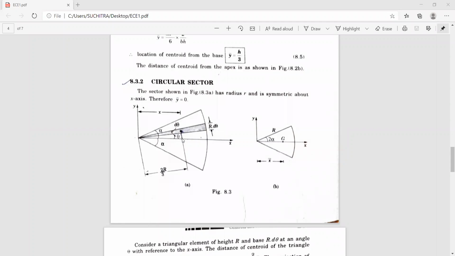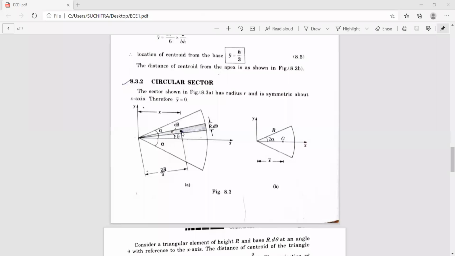So what we have done is we have considered the sector of a circle which is symmetrical about the x-axis. Hence, the value of y bar becomes 0. Now consider a triangular elemental area of height equal to the radius of the sector, which makes an angle theta with respect to the horizontal axis, and which makes an included angle d theta. Hence, the base of which will become r into d theta. Now, in the triangle, we know the coordinate distances with respect to base and height. This is the triangular element we have chosen here.